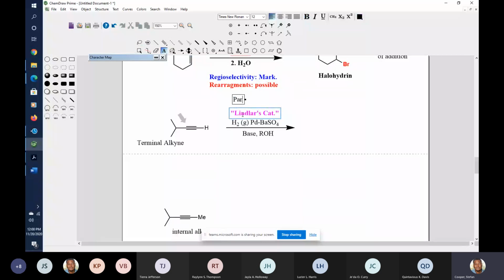This is a partial hydrogenation reaction. We'll talk about the full hydrogenation reaction shortly. This is partial. So when I do a partial hydrogenation reaction,